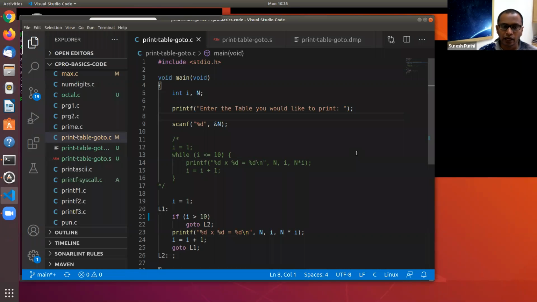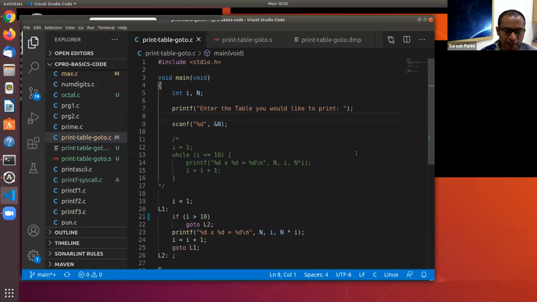So, we will be seeing multiple new ideas in today's lecture, or rather, the ideas that were introduced earlier, but we will take a deeper look into the same ideas. The first one I would like to get started with is revisiting the go-to statement that we have seen in the last class.